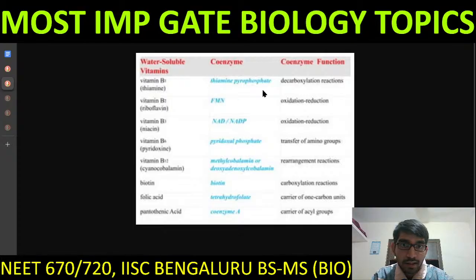So B1 is thiamine pyrophosphate, decarboxylation. B2 is FMN, like B2 is involved in the structure of FMN, riboflavin. B3 is niacin and NAD and NADH. B6 is pyridoxal phosphate, amino group transfer or transamination, as I told you. B12, very important, cyanocobalamin. So cobalt is very important here. The coenzyme is methylcobalamin or deoxyadenosylcobalamin. Just remember cyanocobalamin, vitamin B12, for rearrangement reaction, biotin, carboxylation reaction, folic acid, tetrahydrofolate, carrier of one carbon unit, and